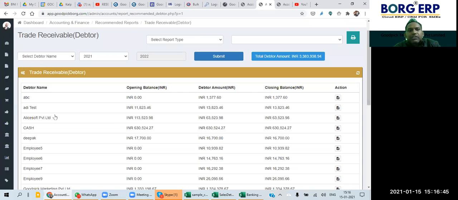In accounting terminology, this is also called debtor or trade receivable. You can see here the total amount due that we are supposed to receive so far, about 33 lakh 83,000. This is the total amount balanced with our customers, so we have to recover that amount.